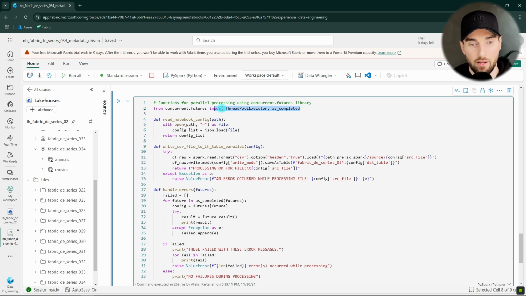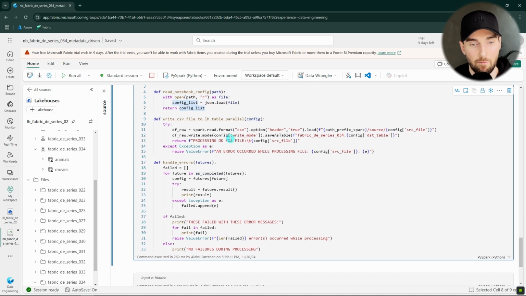Here we are importing some things from the concurrent futures library, for example the ThreadPoolExecutor and as_completed. Then again we have this read config function, and then we have this write CSV file to LH table parallel function, and in this function we have this try and except